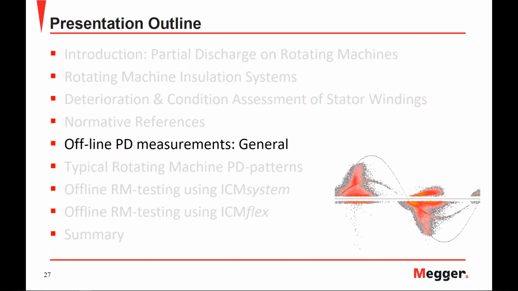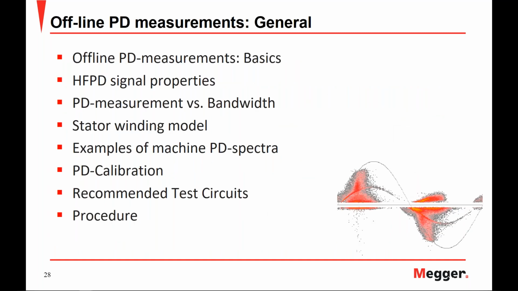Now that we've covered some normative references, let's take a look at offline partial discharge measurements in a general sense. In this chapter, we have sub-chapters that include offline partial discharge measurements covering the basics, high-frequency partial discharge signal properties, partial discharge measurement versus bandwidth, stator model, the example of machine PD spectra, partial discharge calibration, recommended test circuits, and